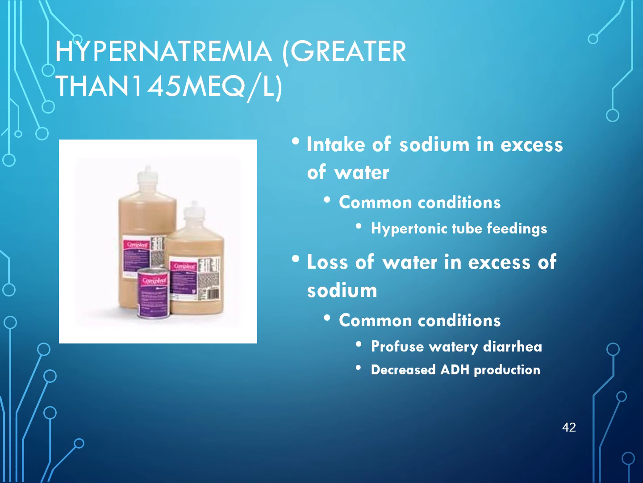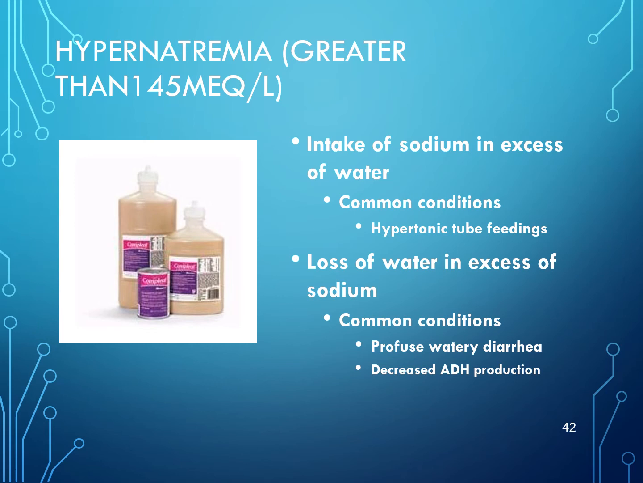It can be due to hyperaldosteronism. This increases sodium, increased sodium is retained, increased water, and decreased potassium. So we end up just holding on because aldosterone helps us conserve our sodium. We have loss of water in excess of sodium. So our common conditions are going to be profuse watery diarrhea, especially in infants,